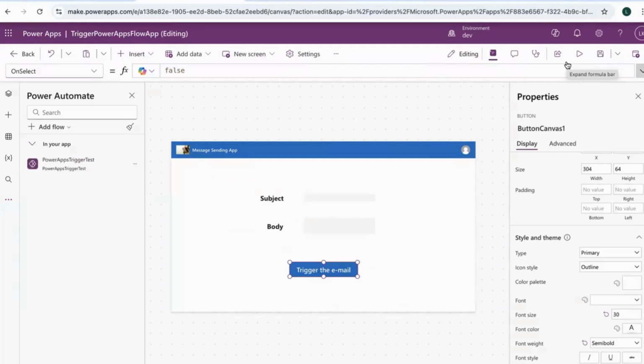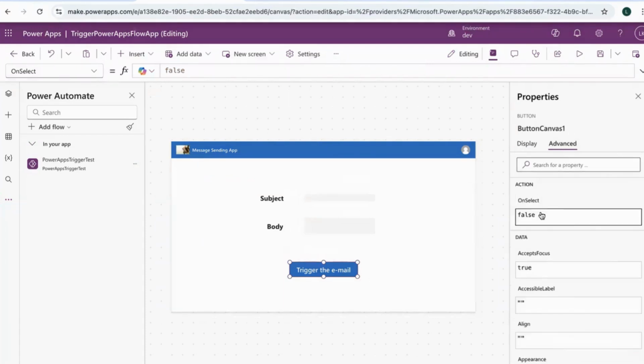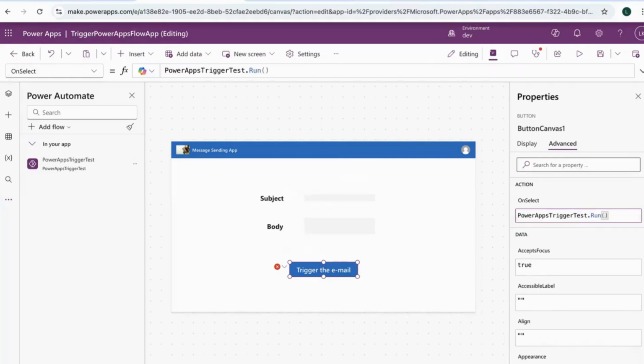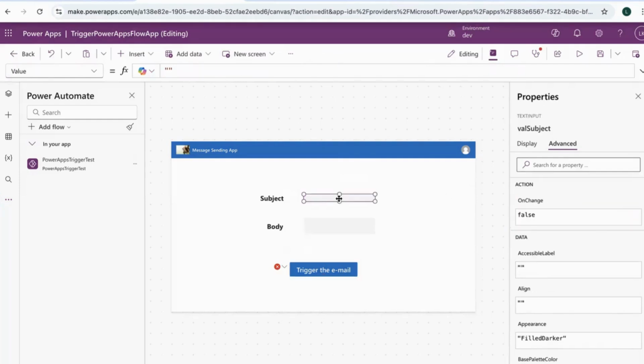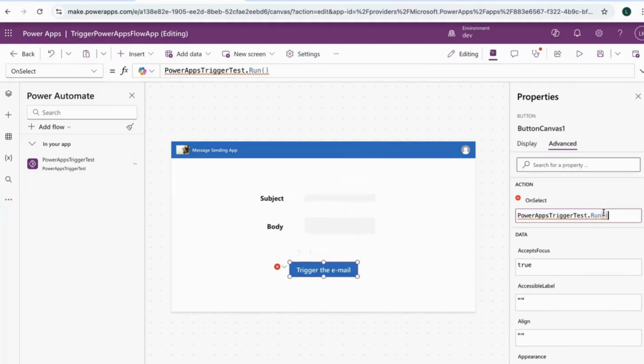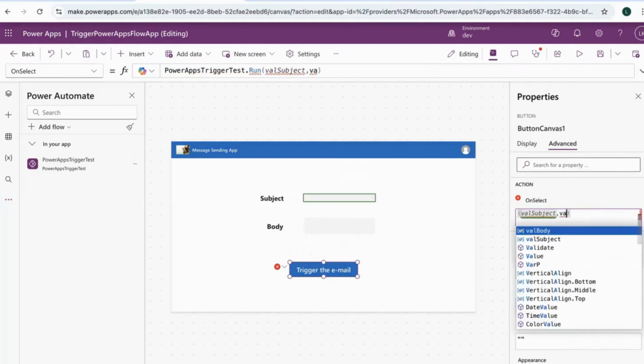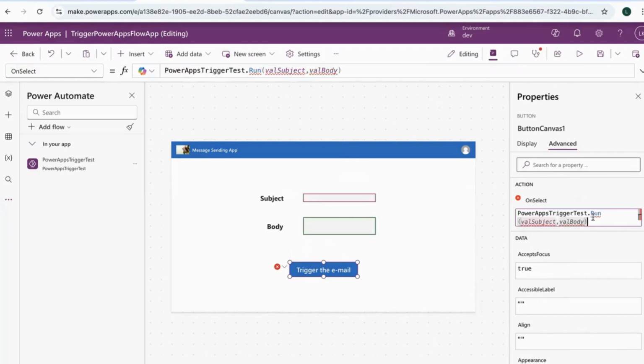It has been refreshed now, and in the advanced tab of the button we will change the OnSelect property. Here we will call the flow and use the run function. So in this we will be passing the subject and the body because it is expecting two values. So it's giving an error because it should be dot value. Perfect. Now we save this